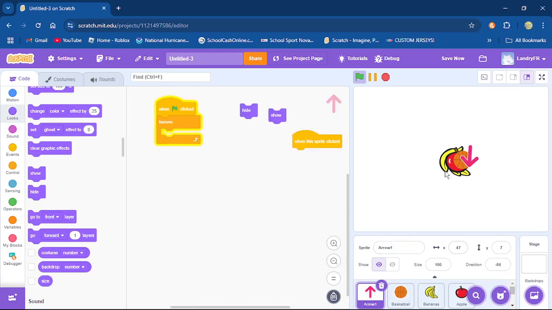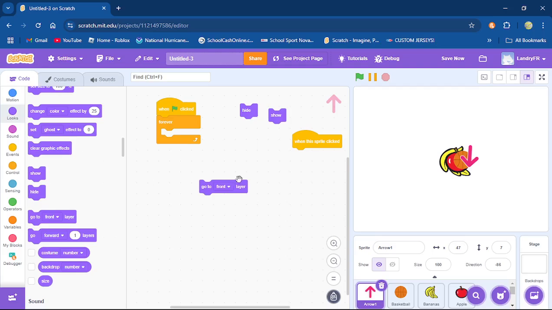Why did it work exactly how I wanted it to? Well, it did because as you make graphics appear, they're going to always stack on top of everything behind them, all right? So if you have a menu that opens, because I just opened it by pressing a specific key, it's going to appear on top of everything. The only exception to that is if you have graphics put in a forever loop to always appear in the front layer, then they will always be on top of everything all the time. Doesn't matter what you do, they're always going to be in the front layer.